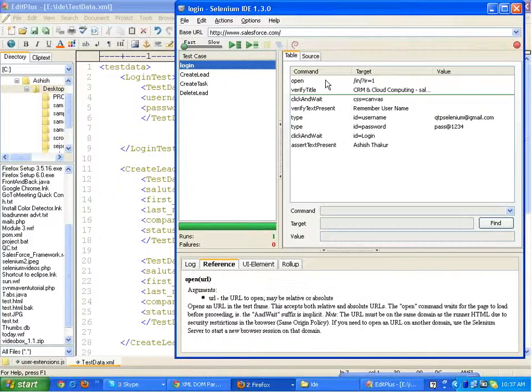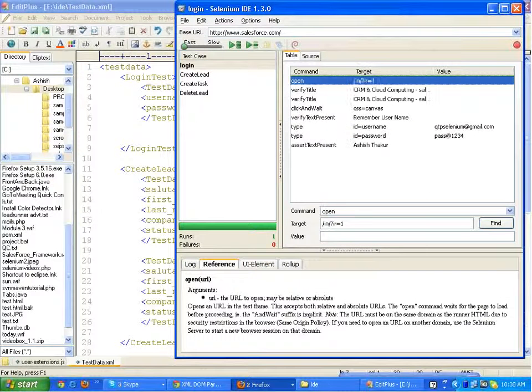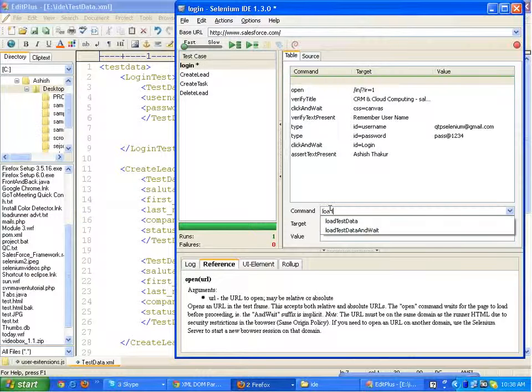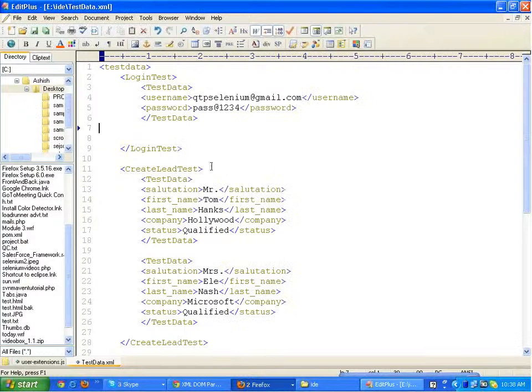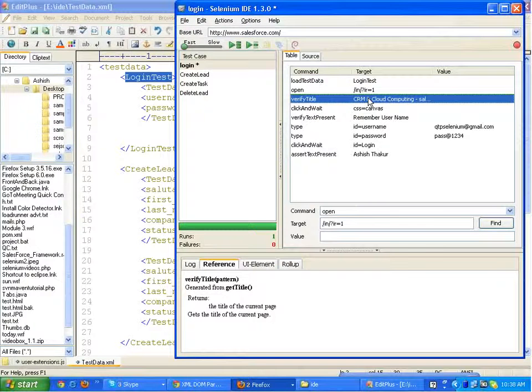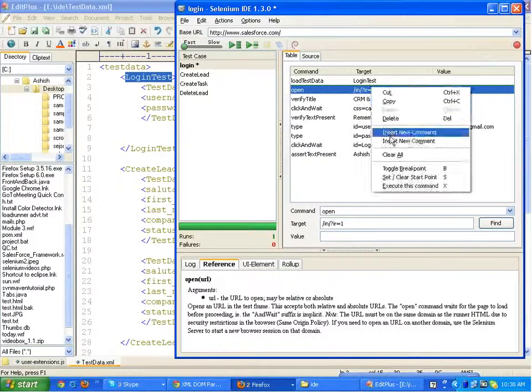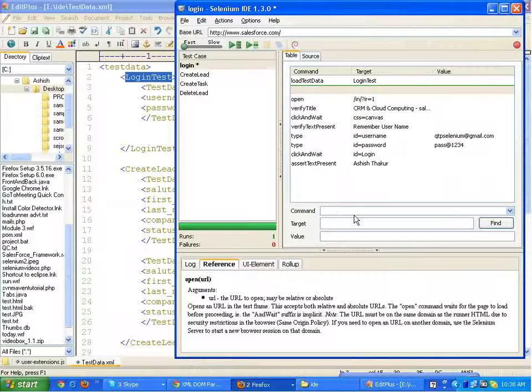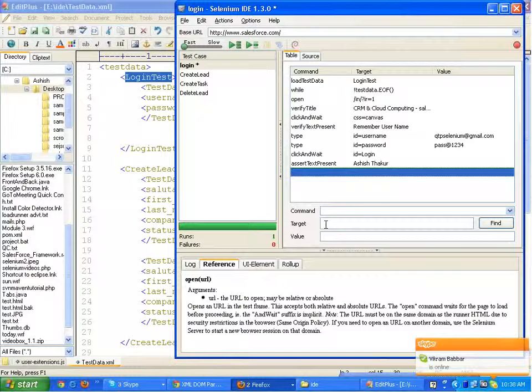Right, so what I will do before open, I will give a command in the very beginning. The command will be load test data for the test login test, right? Open the URL, verify the title. Before opening the URL, I will insert a new command called while, test not of test data dot end of file. Till the time test data never ends,